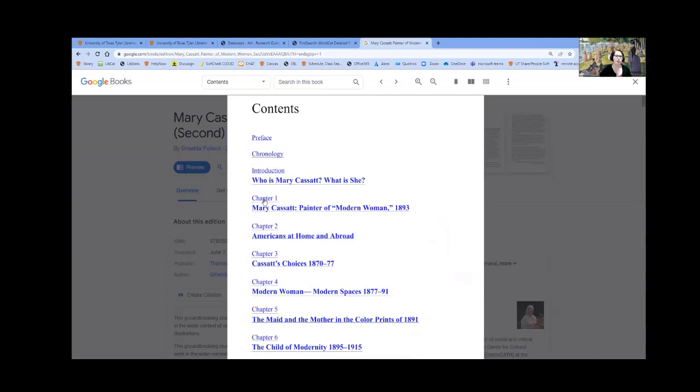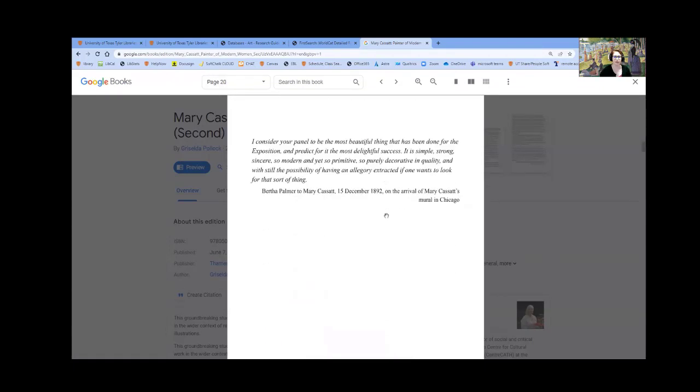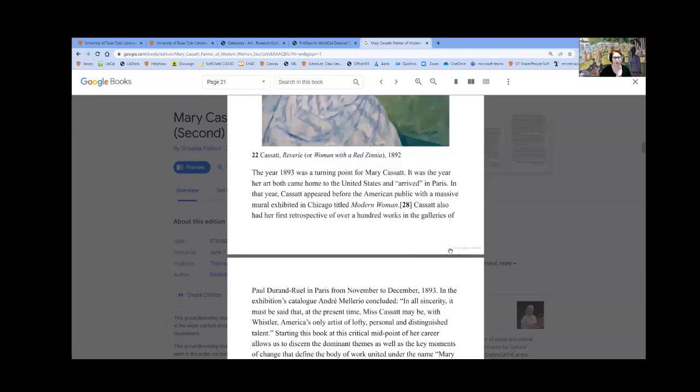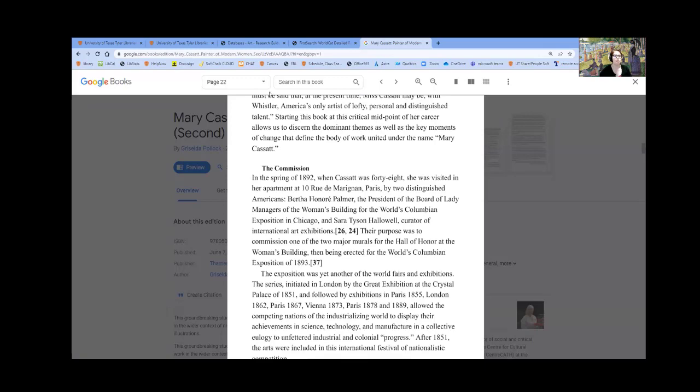But you can see, I can see chapters. I can even click on it and kind of see the page numbers. This one is not giving me page numbers. I really don't like that very much, but I can go up here and see the page numbers right here. So if I decide, yes, the chapter I'm looking for is Cassatt's Choice, then I know that when I do my interlibrary loan,